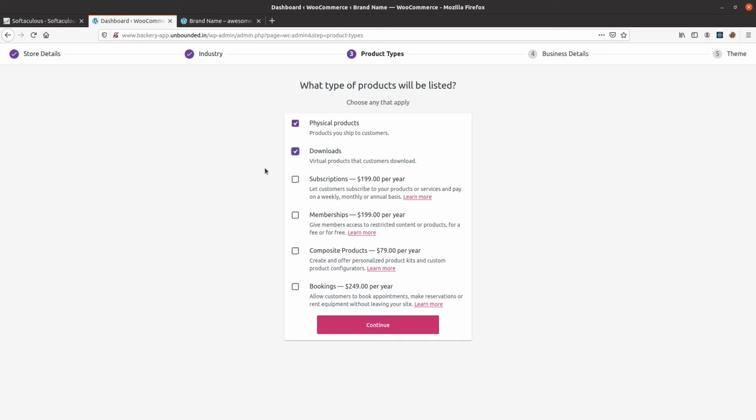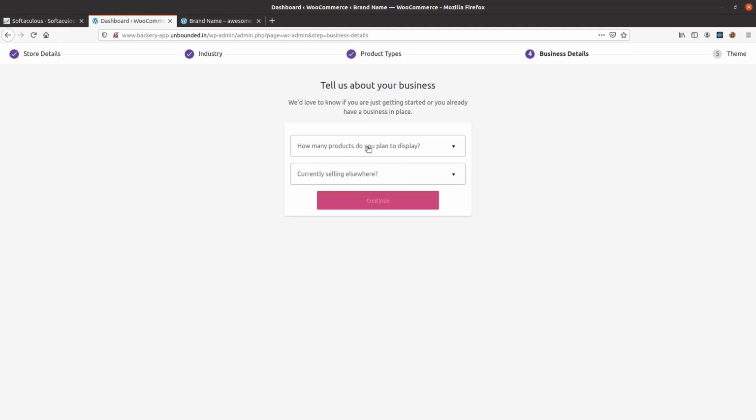Downloads are something like MP3 and video downloads and all, and subscription is where there is a subscription model, like a user subscribes for a monthly activity, like in YouTube you pay for ad-free content or something like that, right? There is a subscription model, membership model. So there are different types of options. You can read the description which suits your needs. So for our e-commerce website which sells goods, the physical product is the most relevant one. So we'll go ahead and choose that one and hit continue.